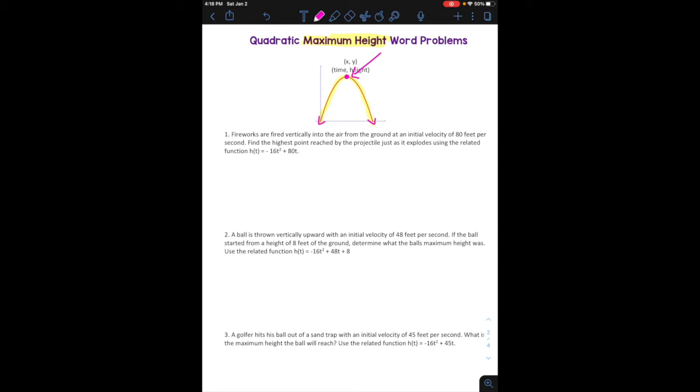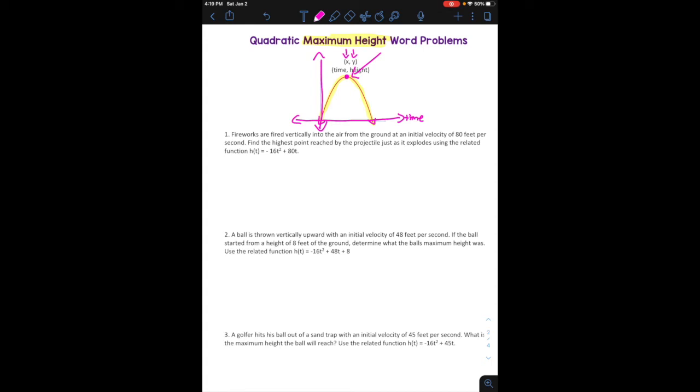So when we are asked to find the maximum value or the maximum height of something, we know we're going to be finding the vertex. But specifically, the x value of the vertex, representing the x-axis, is always going to represent the time, and the y value of the vertex represents the height. So when they're asking for the maximum height, our answer is going to be the y value of the vertex. The x is the time it took to get to that maximum height, and the y is how high